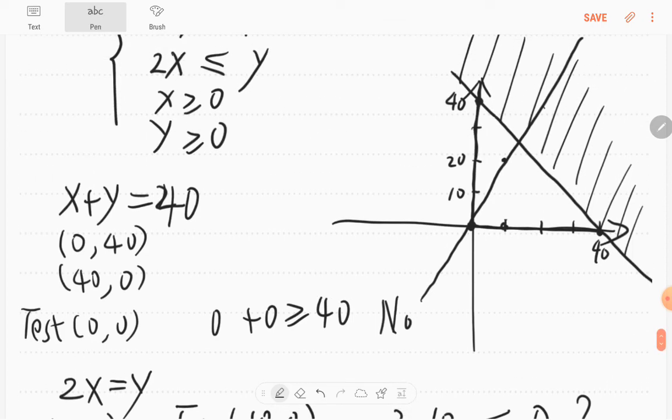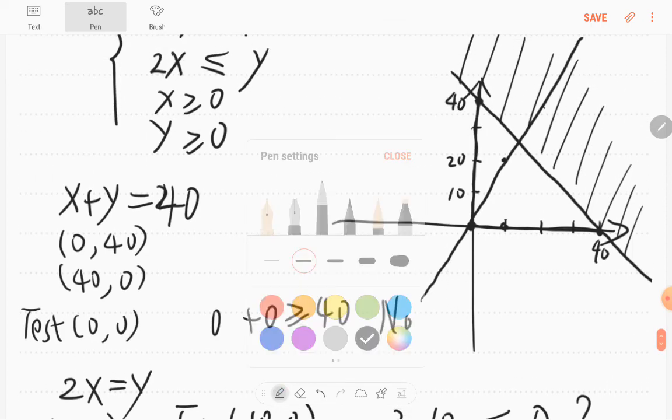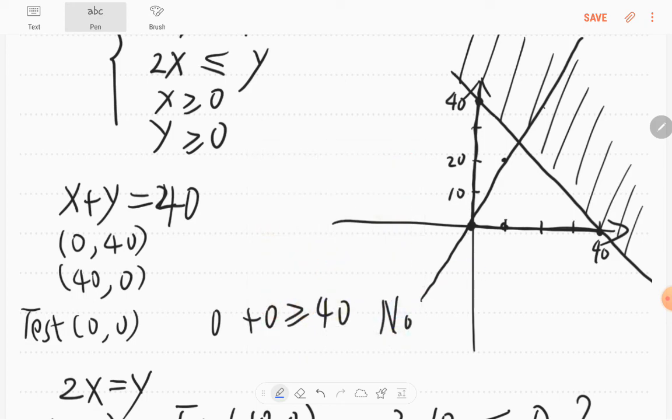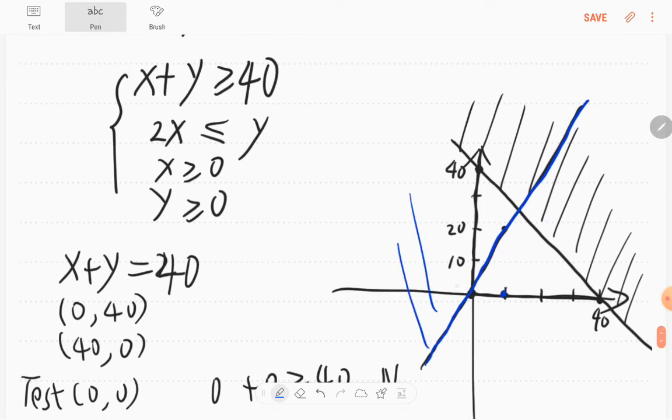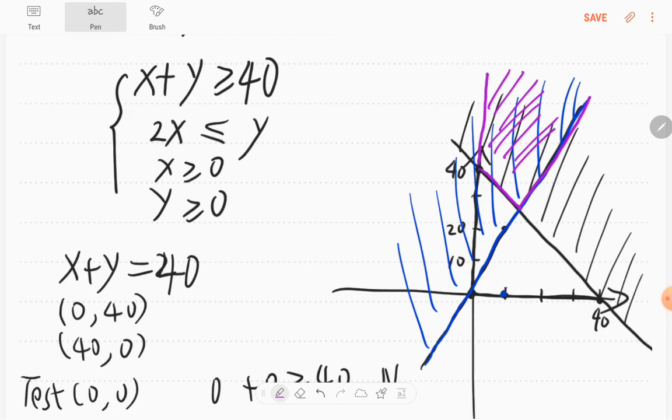So the region below this line, the blue line, should not be included, which means we take the region above this line, right? So with both x and y greater than or equal to 0, it should be here. So this would be your answer. Use the purple one. So this purple line means the extended